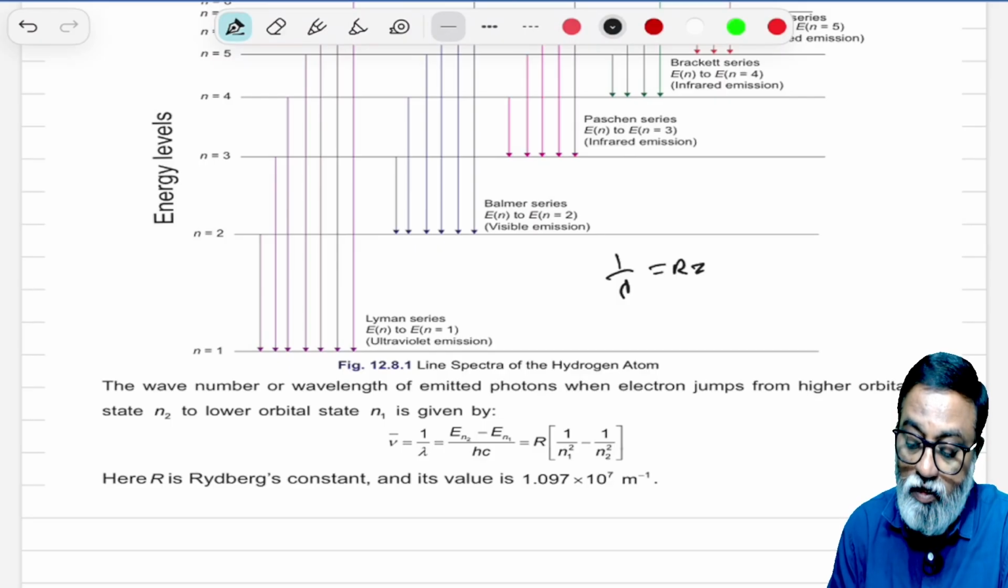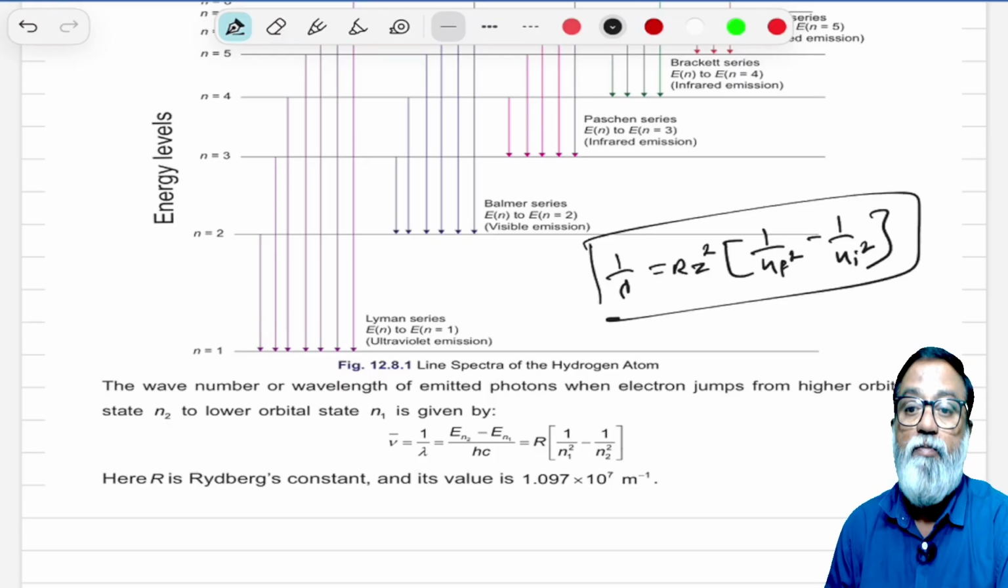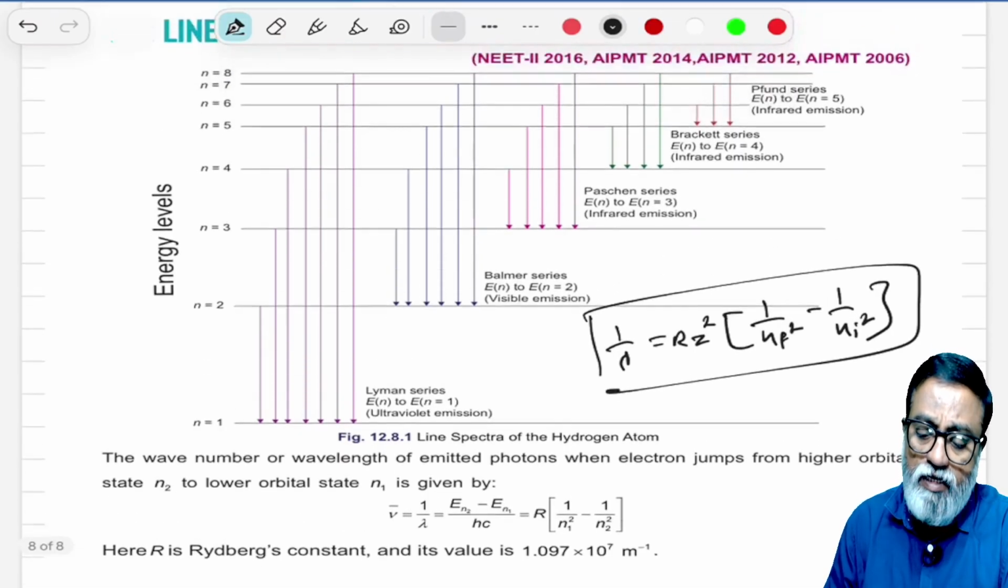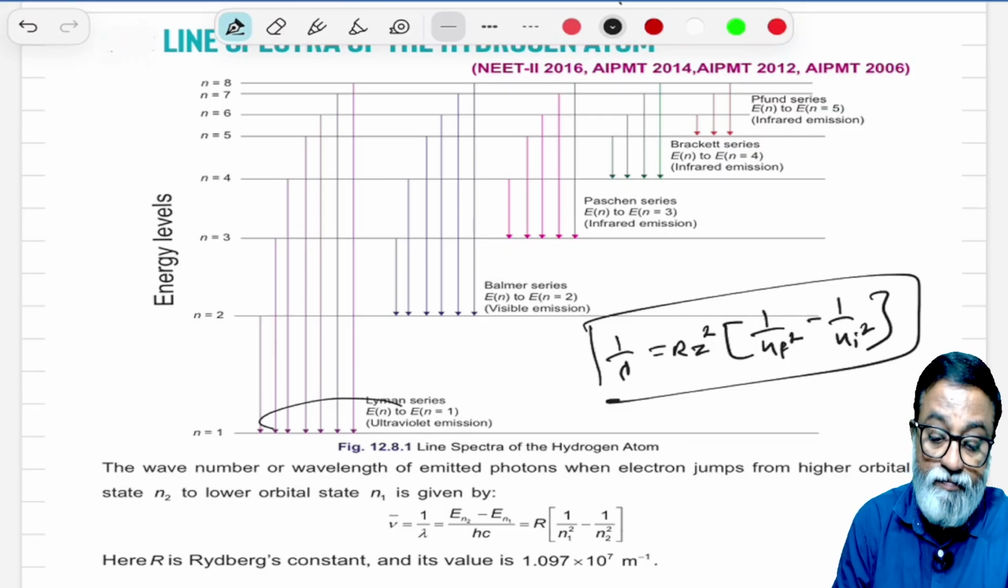1 by lambda is equal to R Z square into 1 by n final square minus 1 by n initial square. This is very, very important one. Here, in every spectral series, this Lyman series is there. In this Lyman series,